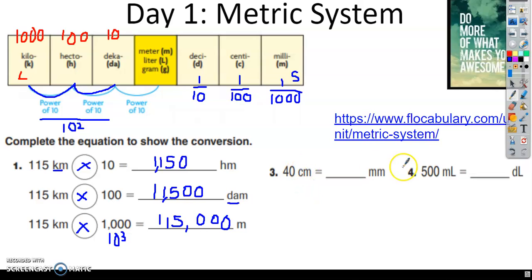Over here, for centimeters to millimeters and millimeters to decimeters, you are doing the same thing. Right now we're going from centimeters to millimeters. So that means I'm going from a smaller unit to an even smaller unit. So that means there's going to be 10 times more millimeters than centimeters. They're one group different. So 40 centimeters would actually be like 400 millimeters. And then if I'm going from millimeters back to decimeters, it's getting